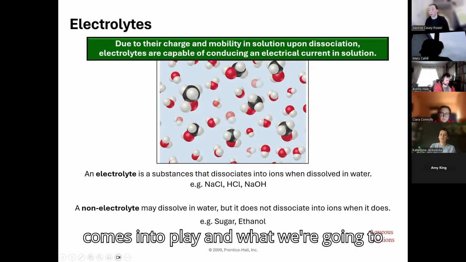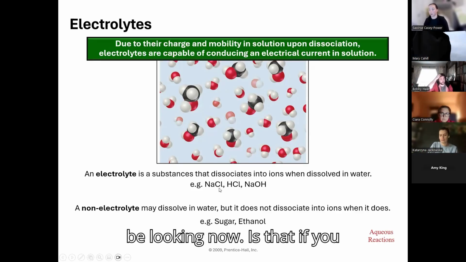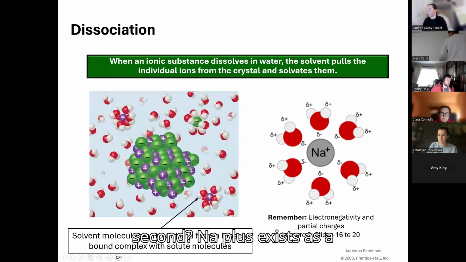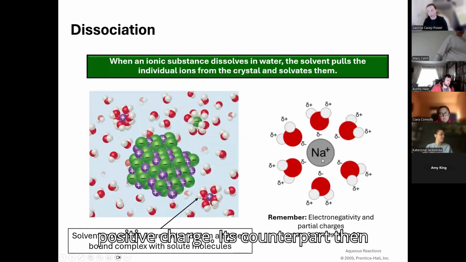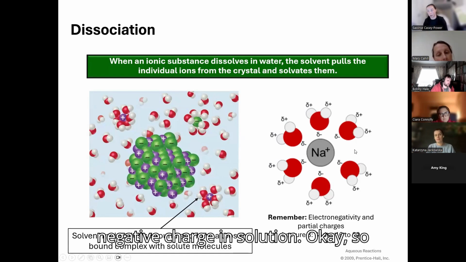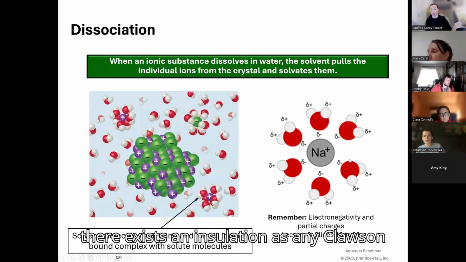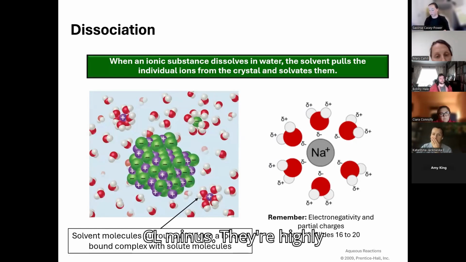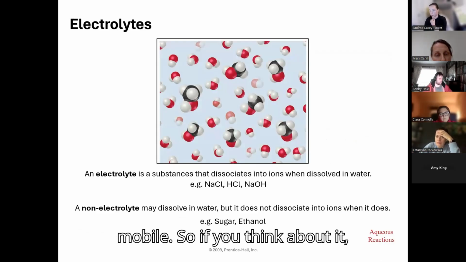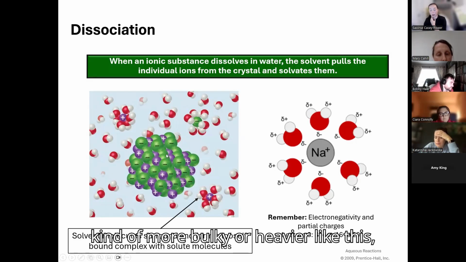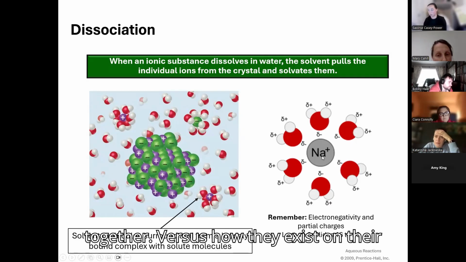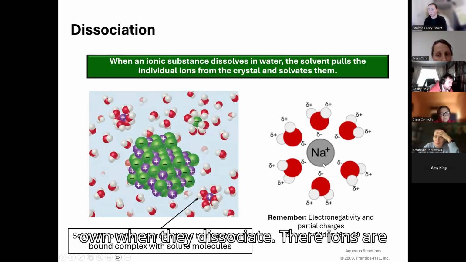If you think about NaCl dissociating in water, let's go back here a second, Na+ exists as a positive charge. Its counterpart, chlorine, is Cl-, and that carries a negative charge in solution. So they're existing in solution as Na+ and Cl-. They're highly charged, and they're a lot more mobile. If you had something in solution that was bulkier or heavier, very strongly bonded together, versus how they exist on their own when they dissociate, their ions